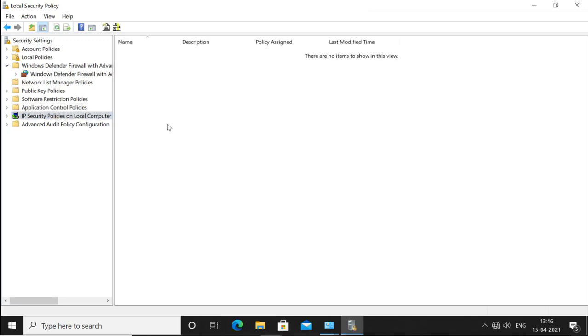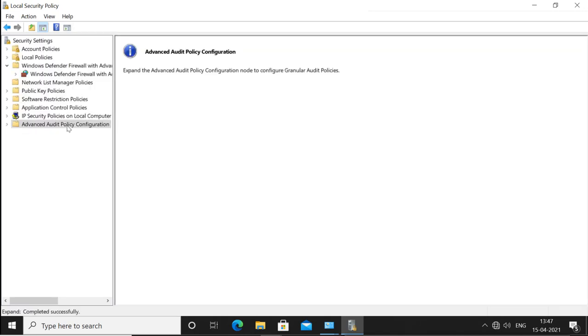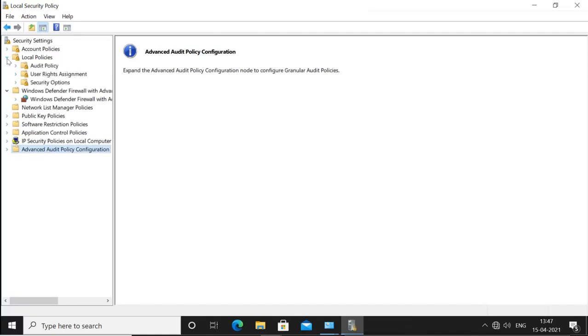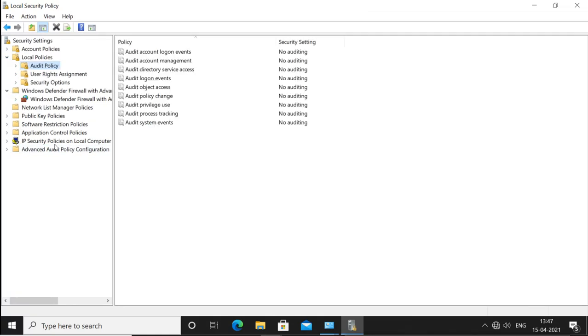If you are sending and receiving data, you can secure it by using this IPsec policy. Then this is advanced audit policy. The advanced audit policy is the same as the audit policy we have in local policies, but it is advanced. For example, if I open this system audit policy, you also see this account logon policy, same as you have in the audit policy of local policies.